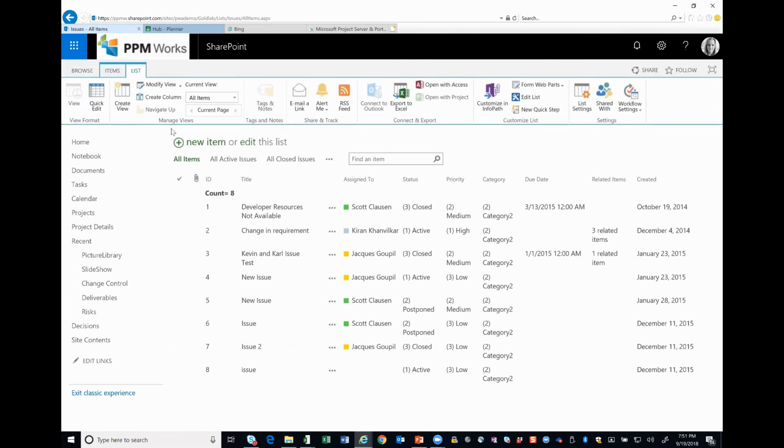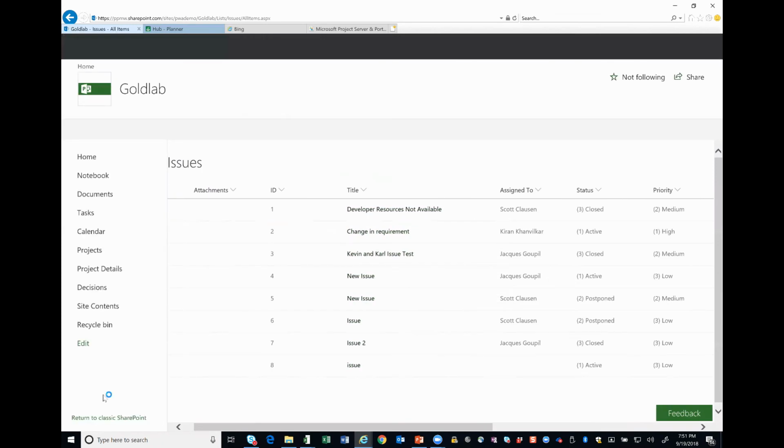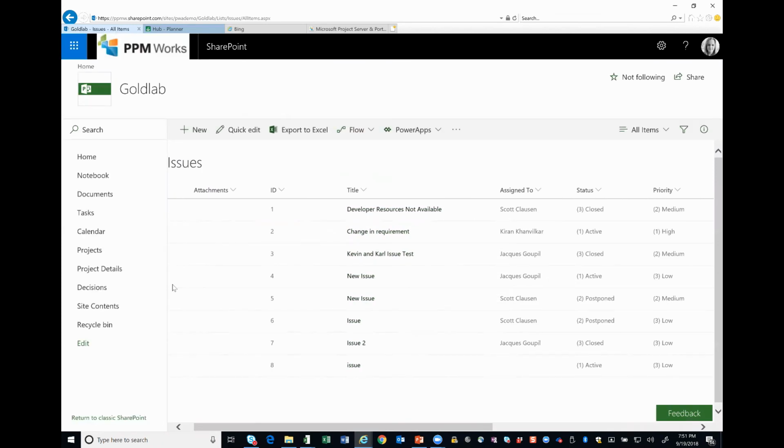So this is an issue list here. So this is probably the SharePoint that you're familiar with. If you just started using Project Online, you may be more used to the modern pages look. But this here is very different. This is classic experience. And you'll see here that I can exit this and go to what's called modern experience here. So very, very different, right? I don't have my ribbon up top. So I need to know how to use this here to try and figure out to add a new one,